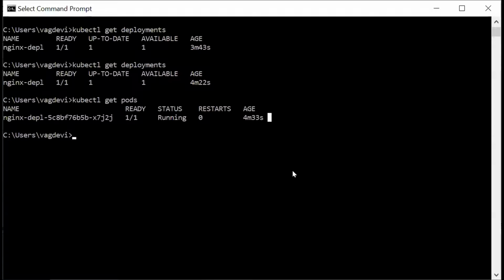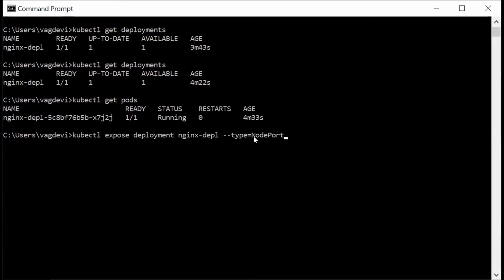Now that we have created a deployment, let us see how to expose this deployment using a service. So the command is kubectl expose deployment, and now the deployment name nginx-depl, --type=NodePort.